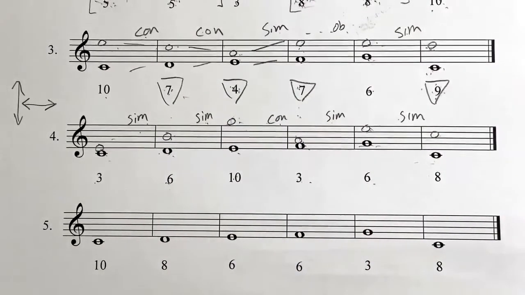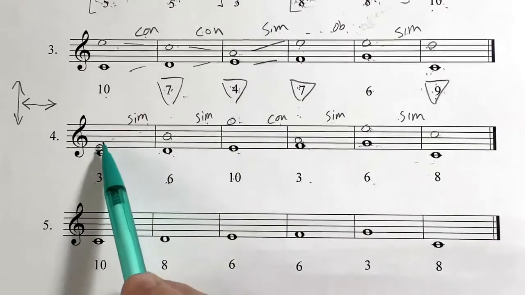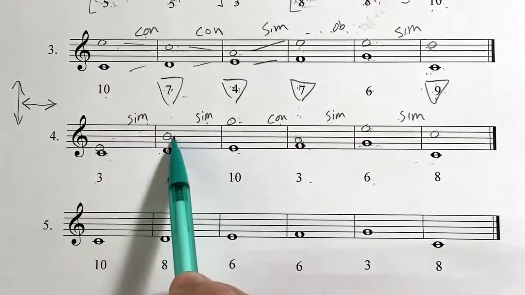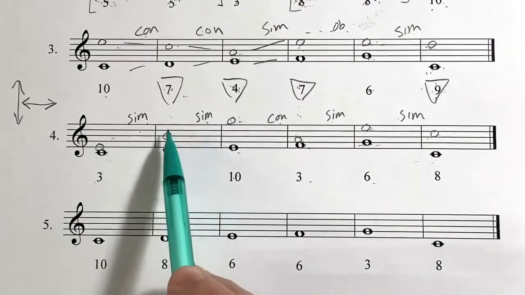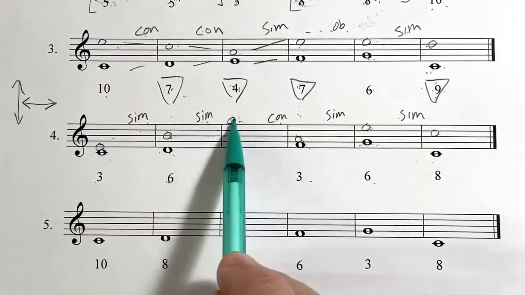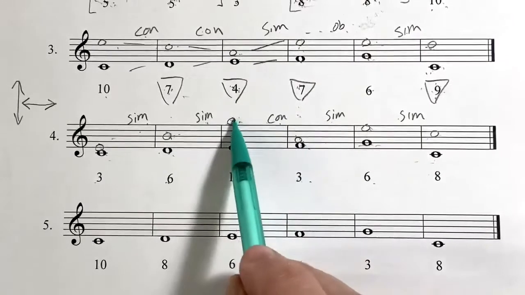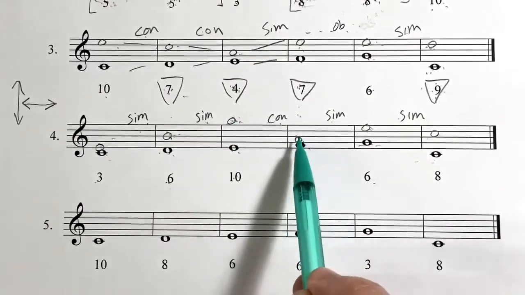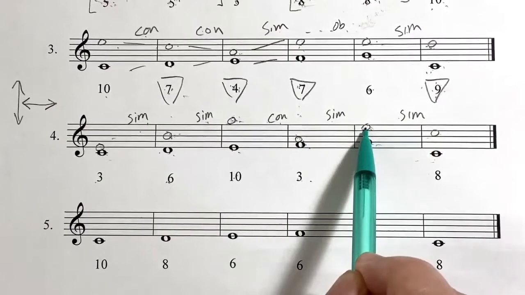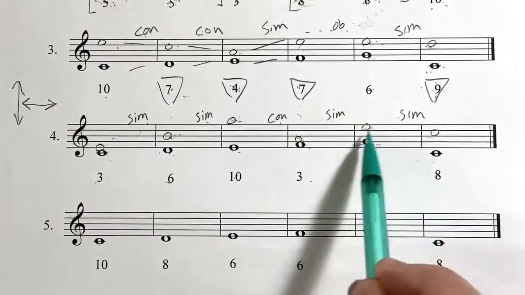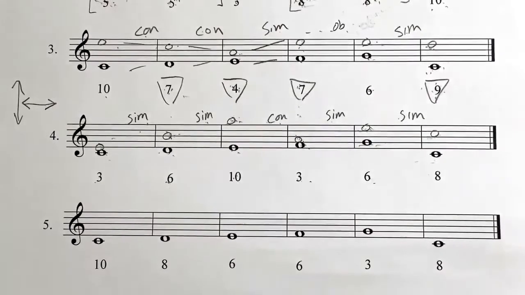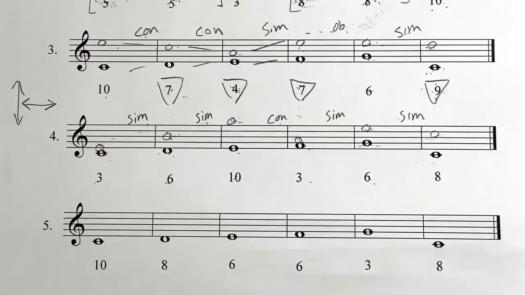There isn't any conjunct motion to be seen. Everything is disjunct. E to B is a big leap of a fifth. B to G is, you can just see it, a big leap of a sixth. G down to A, a big leap of a seventh, then a leap up again to E, and then a small leap of a third down to C. So the contour is very, very